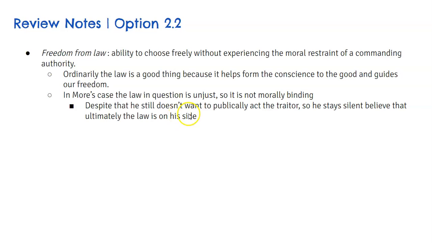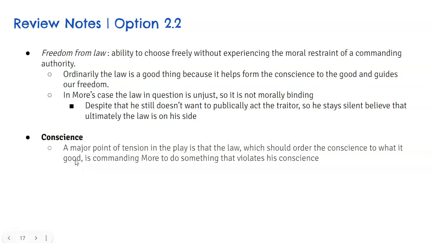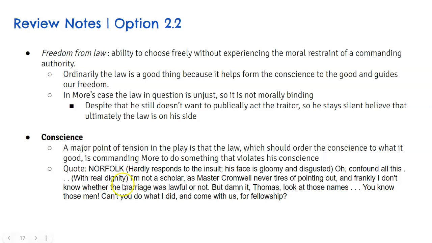Despite that, he still doesn't want to publicly act the traitor, so he stays silent, believing that ultimately the law is on his side. So conscience, we defined it in the last slide, but a major point of tension in the play is the law, which should order the conscience to what's good, but it's commanding Moore to do something that violates his conscience. And this is that great quote from the scene where Norfolk says,